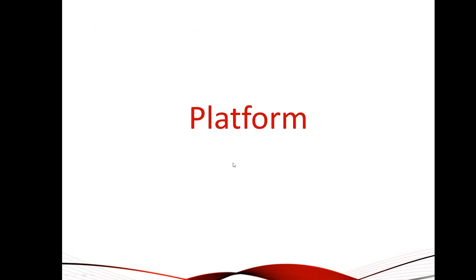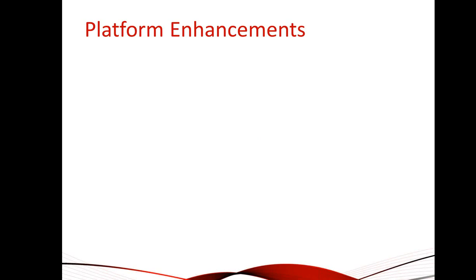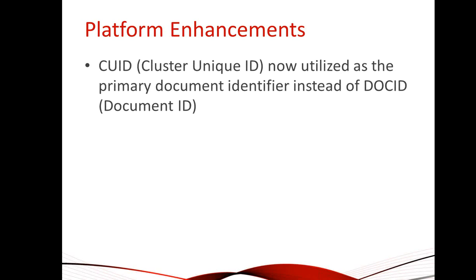This next round of changes regards the platform, kind of server level, system level changes. And this is just a series of bullet points. Platform enhancements include the use of CUID in addition to doc ID when we catalog a report. A few sites were requesting this,